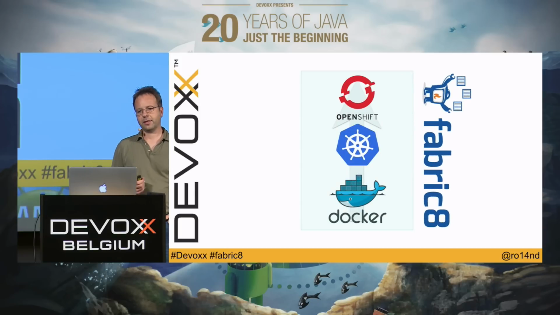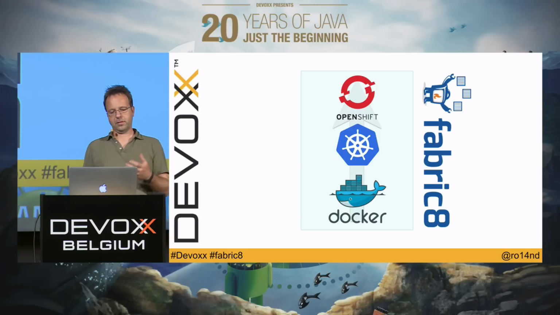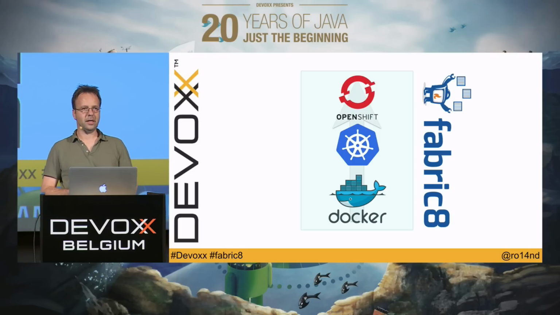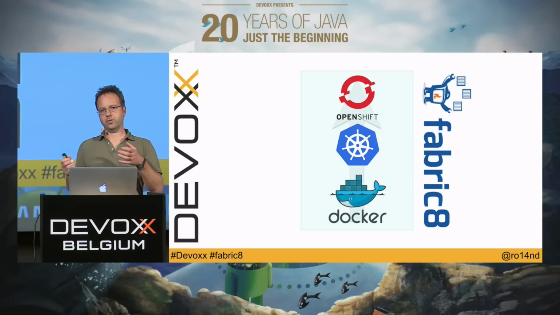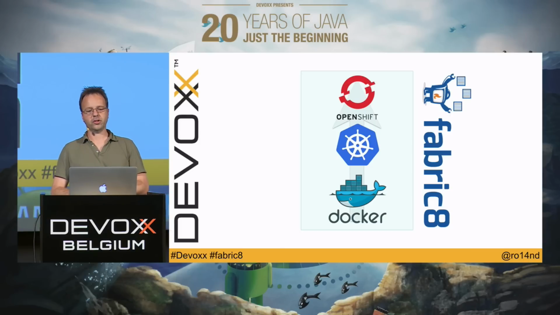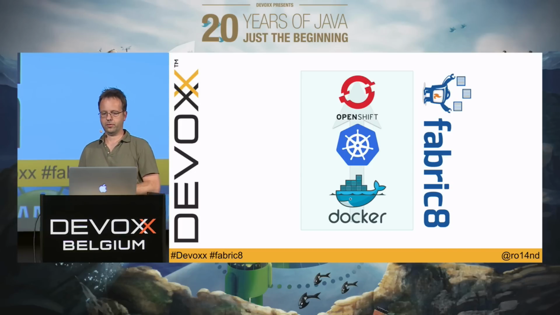Actually, fabric8 is something more orthogonal to everything. So fabric8 has some stuff for Docker itself. It knows how to build Docker images. It knows how to deploy and manage Kubernetes objects, and has also some special features for OpenShift. So it's more or less at the side of this diagram.